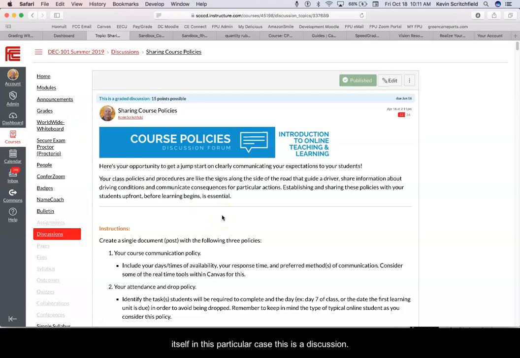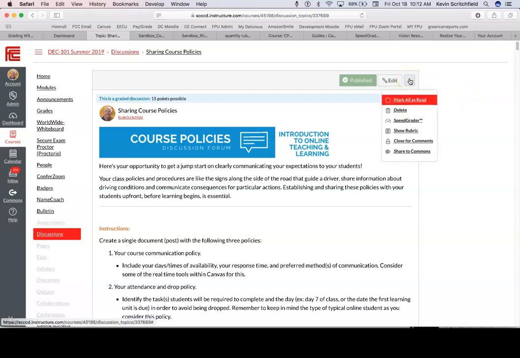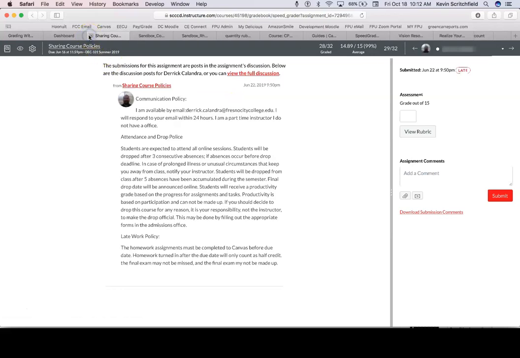In this particular case, this is a discussion, but it could be an assignment as well. If it's an assignment, the SpeedGrader button shows up over here on the right top. For a discussion, it shows up under these three dots right here, SpeedGrader. If I go to SpeedGrader for this particular discussion, this is what SpeedGrader looks like